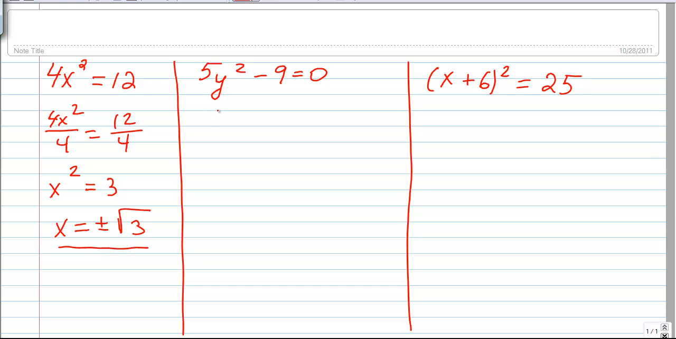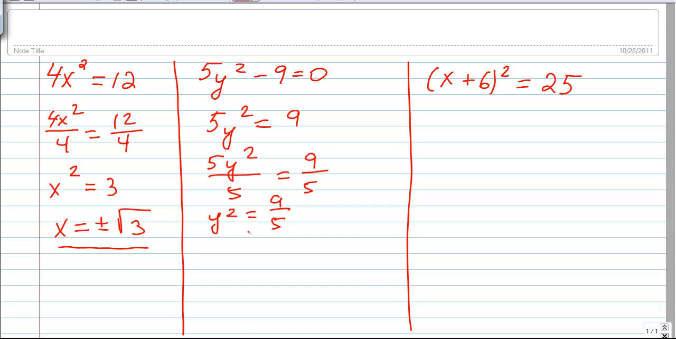In our second example, we first get 9 on the other side. As the second step, we divide both sides by 5, and we are doing this in order to obtain y squared on the left side, so we can use the square root method, because 5 is not a perfect square, so we really cannot claim that the whole side is squared. And now we are going to use the rule,